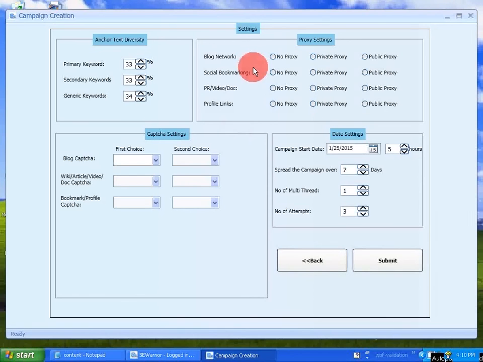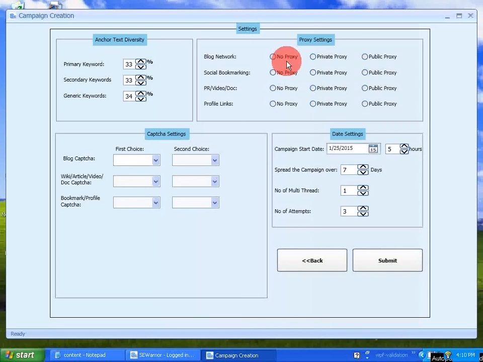See, this is basically where you set most of the settings, like keyword density. As I told you, we gave a primary keyword, secondary keyword, and generic keyword. Generic keyword is inbuilt, like click here, visitors, all those keywords. Here you can give the percentage each keyword link should be. By default, it will set in the range of 30 to 35. These are the best settings, so I recommend you not to change them.